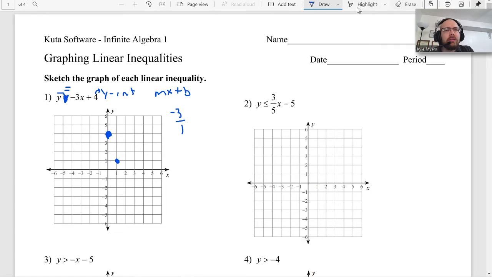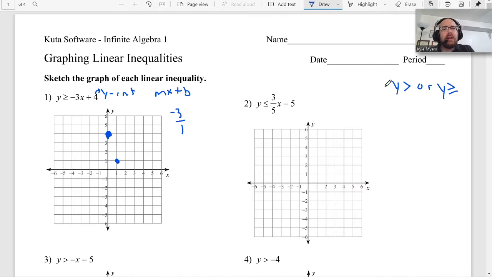So now let's go back to the eraser here. Let's see what are we dealing with here? Greater than or equal to. Okay. So there's a couple things we got to keep in mind here. There's only a couple things that are different about inequalities when you compare inequalities to just regular graphs. If it's y greater than, or y is greater than or equal to,